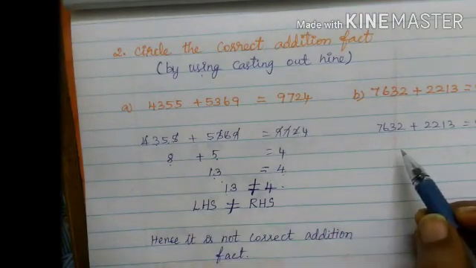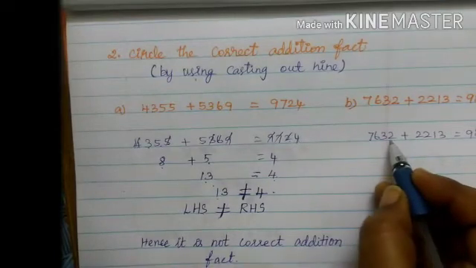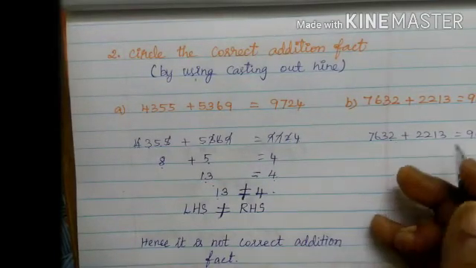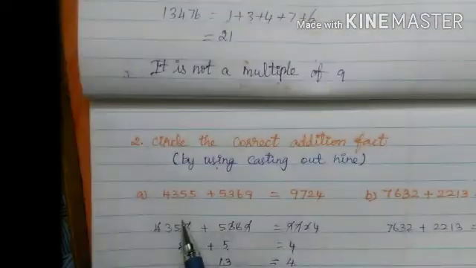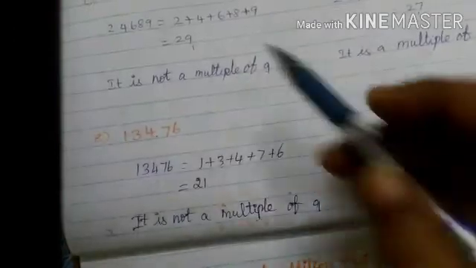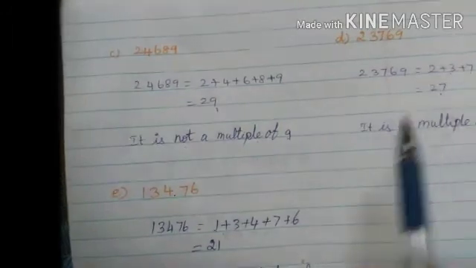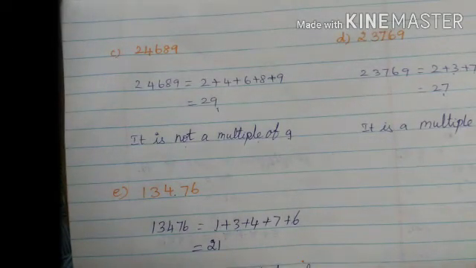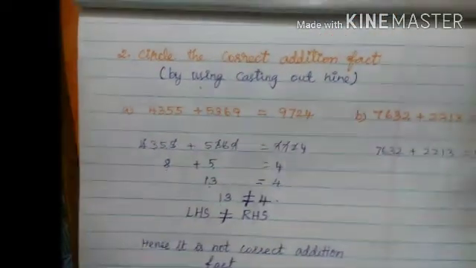So, next one sum you do now. Ready? 7 plus 2. Here you divided for 9 tables. Before the exercise, only a single number was given to you. Then you added all the digits and got 0 or 9, a multiple of 9 in the 9 table, and you write the answer is a multiple of 9. Same method to apply here, but this one is given as an addition fact.